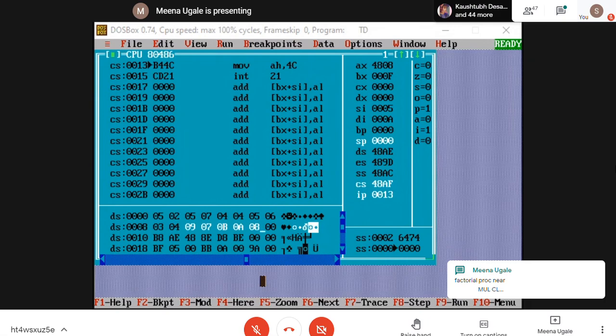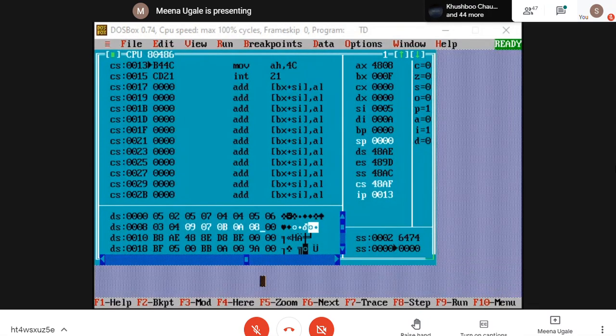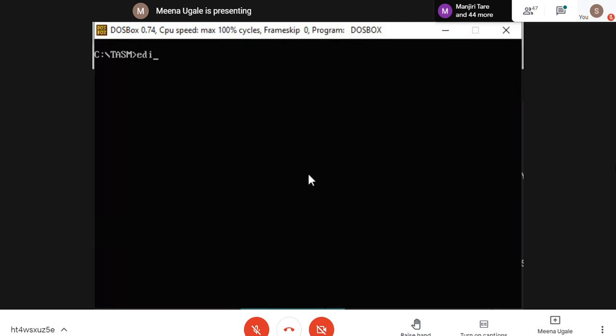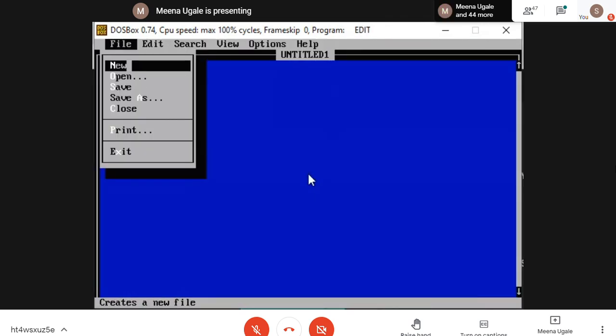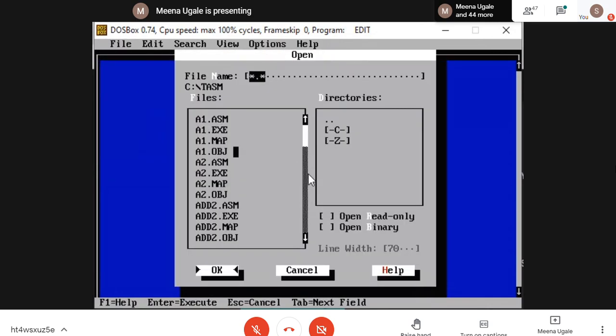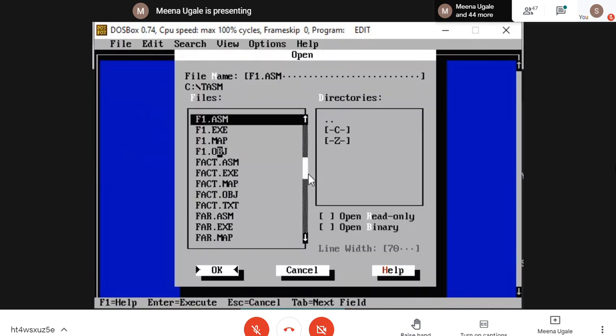Copy this. Once you copy and save the code, you open that file in the TASM.